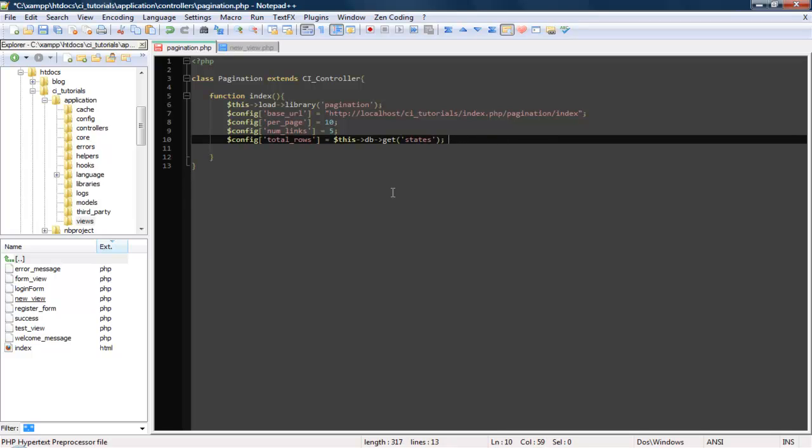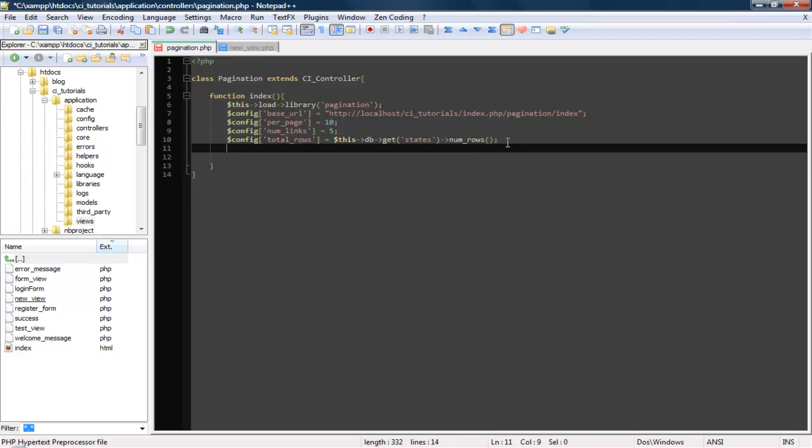Okay. All right, so now that we got that, actually, you know what? We need to get the number of rows. So let's do num_rows right there. What this is doing is getting all the info from the states table, and then also the number of rows. So that's what's going to be stored in that variable. Now that we got that out of the way,